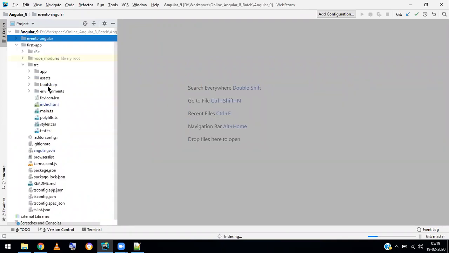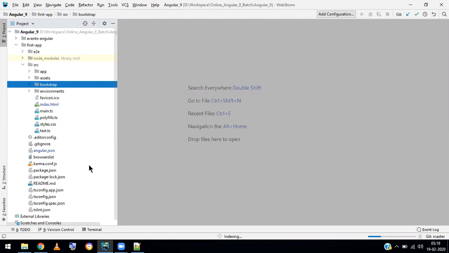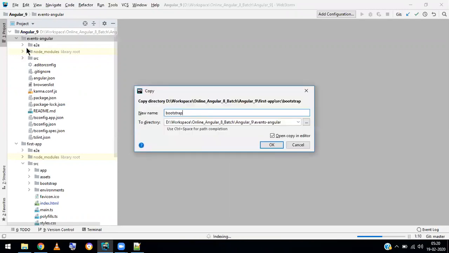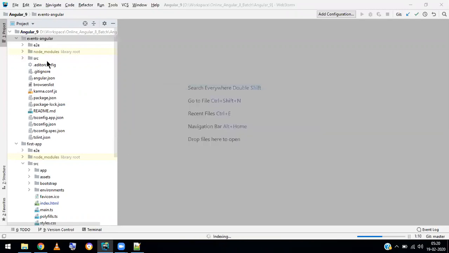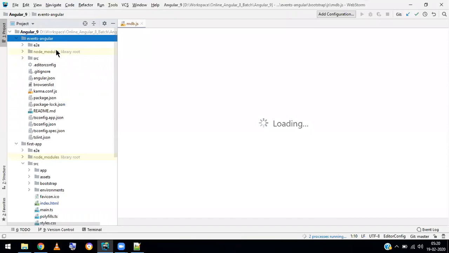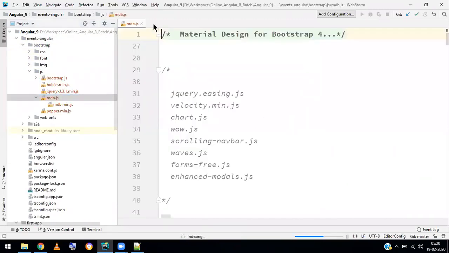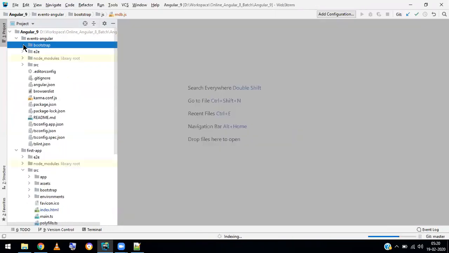you can copy the Bootstrap into the src folder and then connect. Or else, one more way I tell you: copy the Bootstrap folder and keep it in the main application folder. So I have just copied the Bootstrap folder and kept it in the main app folder. See, in the events-angular, I kept the Bootstrap folder. And you have to give all the files' connection in